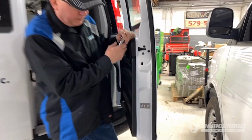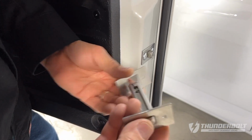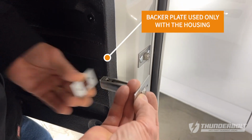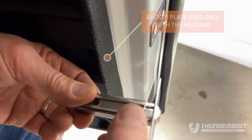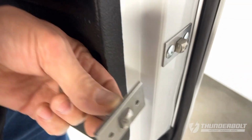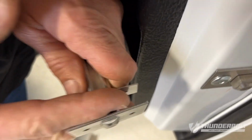you can mount it. We always recommend to use our support bracket for the back of the lock housing itself. So this trim plate will slide from inside the door over the lock bolt housing, and then you rivet through the front and you secure the plate so that the metal of the door is sandwiched in between on